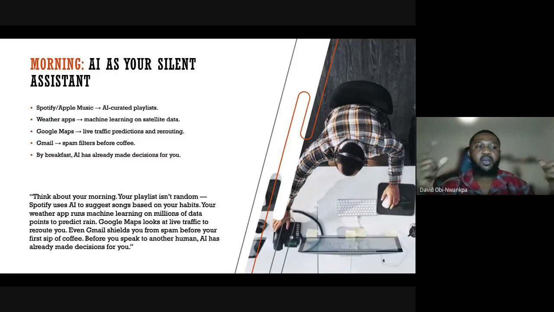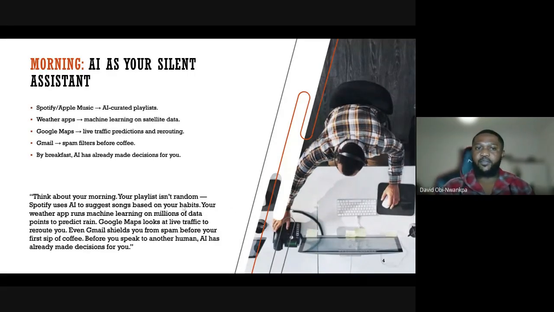The next one is our weather app. Machine learning and satellite data have been able to gather different weather conditions, with billions of data points over time, for us to be able to depict when it's going to be rainy, when it's going to be sunny, when the weather will be windy or when we'll be having snow. This is a result of billions of data points that have been trained to understand, to learn, and focus on weather readings over time. That's why our apps are able to tell us what happens at each point in time. In the morning, we just wake up, oh, it's going to rain in 2 hours. So we're able to know.